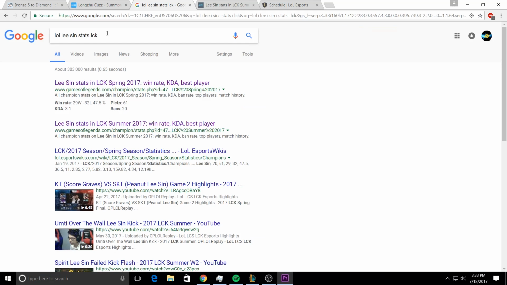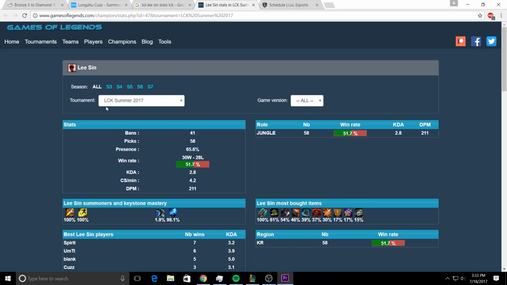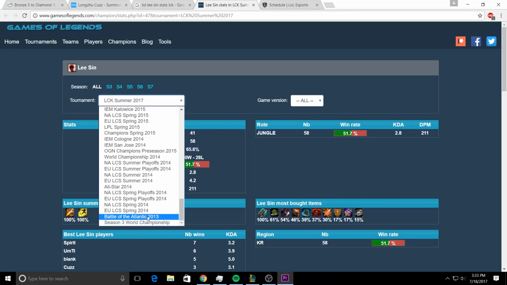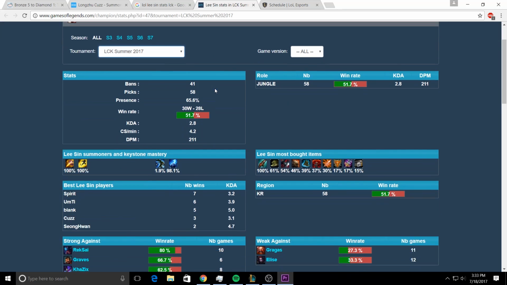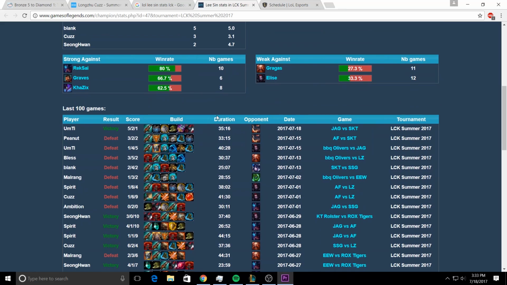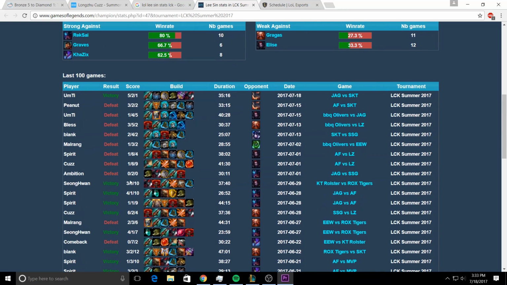So what I do is I go to Google, type in LoL, whatever champion you want, stats LCK. You can see right here, summer 2017, which brings up this tab. You can tab through any split all the way back to season 3, and it'll tell you the win rate, the pick rate, KDA, etc. It even tells you builds, but what I like to do is I find whoever